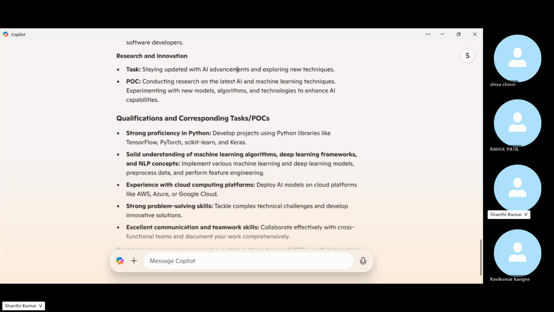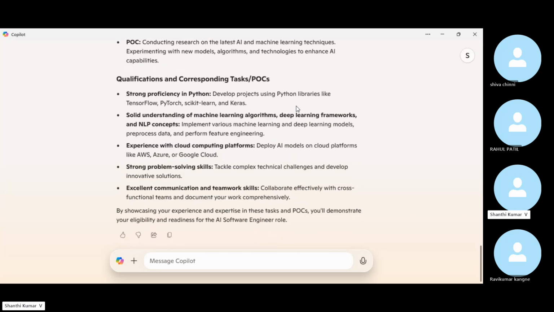Research and innovation, staying updated with AI advancements and exploring new techniques. Conducting research on the latest AI and machine learning techniques. Experimenting with new models, algorithms, and technologies to enhance AI capabilities. So basically, you need to show innovative POCs with new technologies also, month by month, while moving forward from machine learning POCs to generative AI. That is also an improvement you can show in your profile. Then